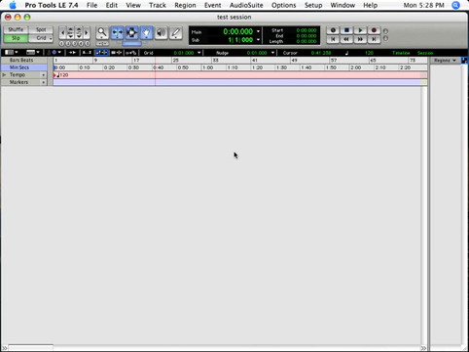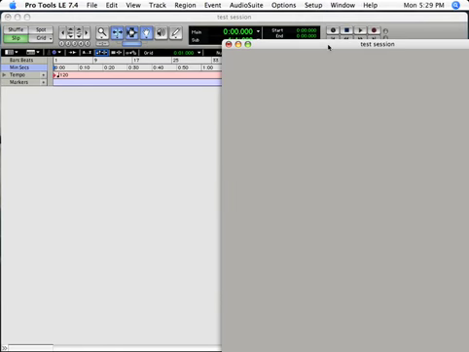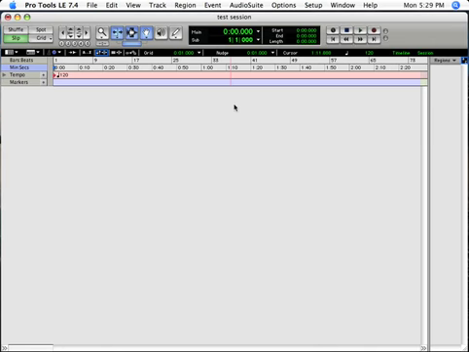There's only one other window that you ever see in Pro Tools, incidentally, and that's called the Mix window. This window that we're looking at right now is called the Edit window. If you ever want to see the other window, notice that there is a menu item in Pro Tools called Window. You can click on that and then you can choose what's called the Mix window. There is a shortcut to get there. On Mac that is Command equals, and I think on Windows that would be Control equals, and the Mix window appears. Right now you won't see anything because we don't have any tracks yet, and we'll get some in a